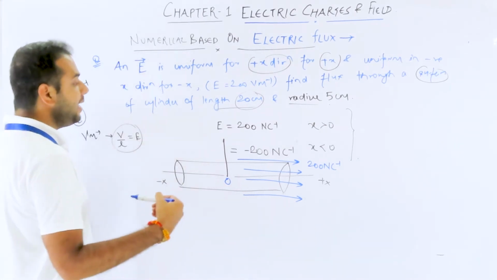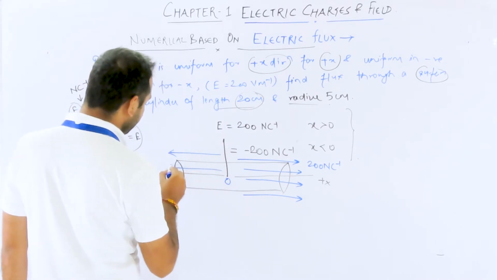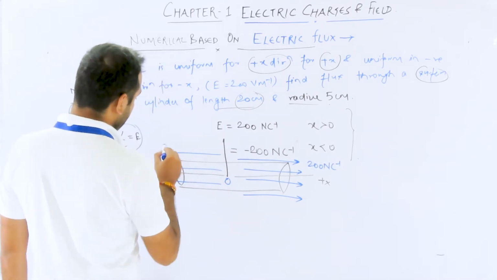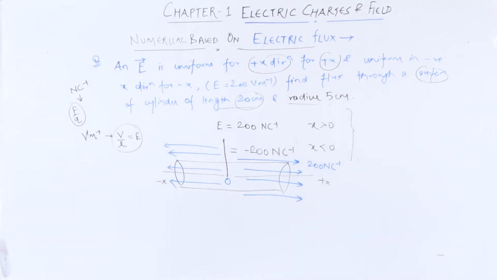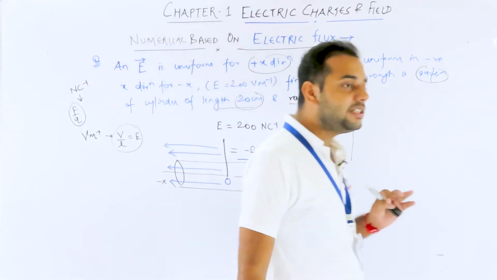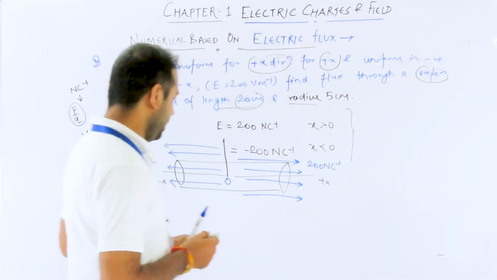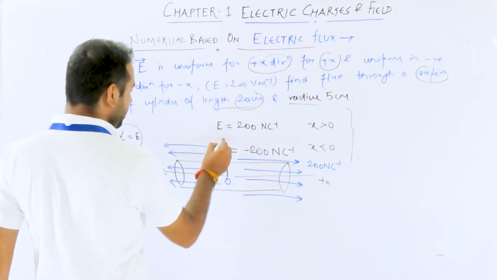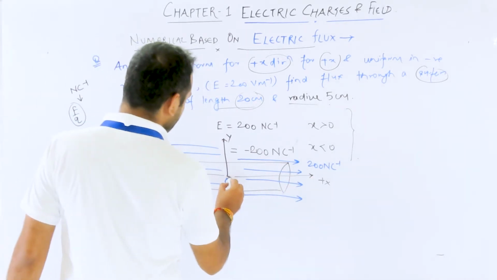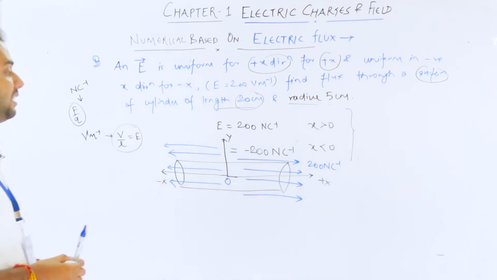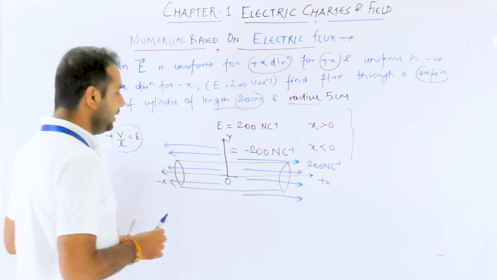Now, what about for negative x? Exactly diametrically opposite to this, but the magnitude will remain the same. Okay, guys, so this is my electric field. This is the drawing of electric field lines. And obviously, this is my plus x, this is minus x, and this is y. We don't have to worry about the y in this case, because no electric field component exists in the y direction, and hence we don't have to worry about the y direction too much.